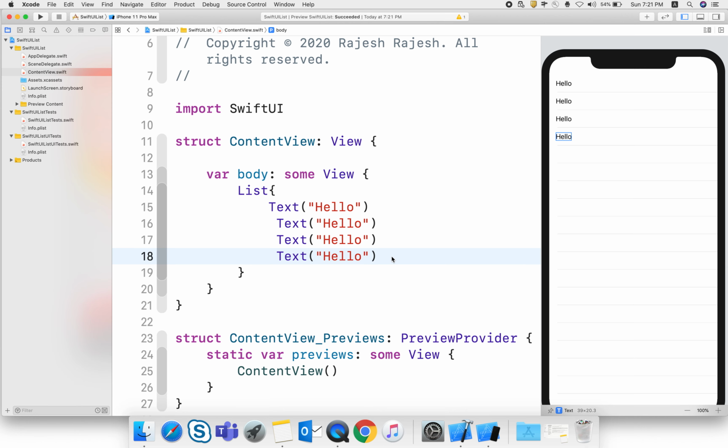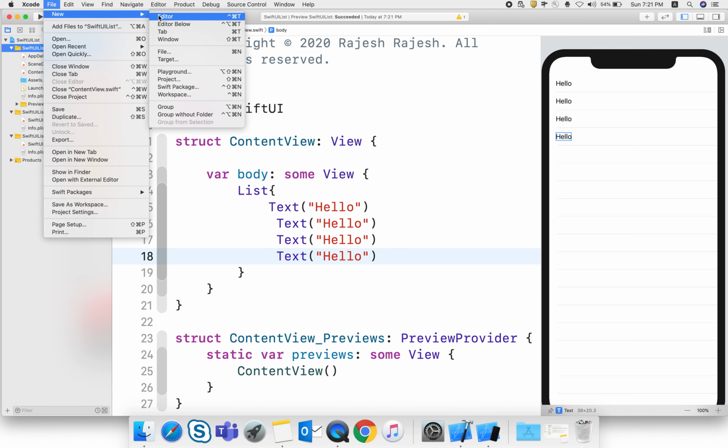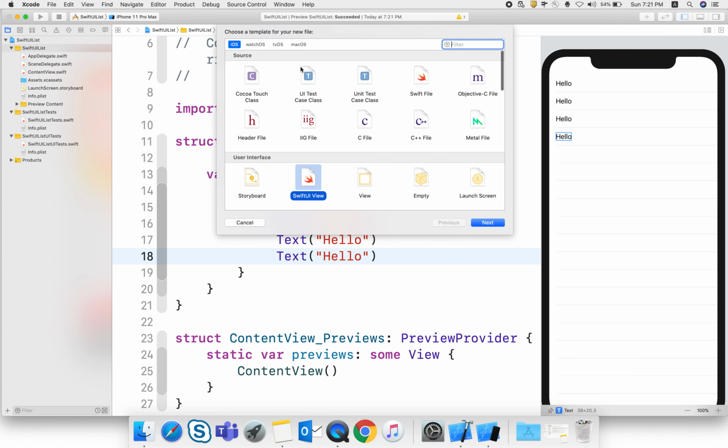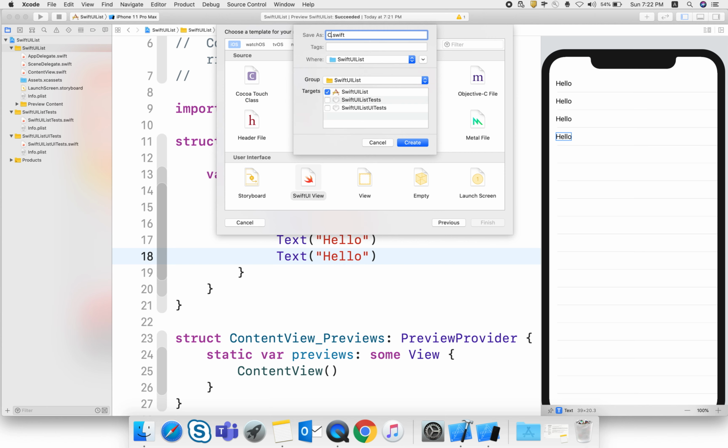If you want to make a custom list, you need to create a separate file for your row. How can you design that? We can take a custom cell for that.